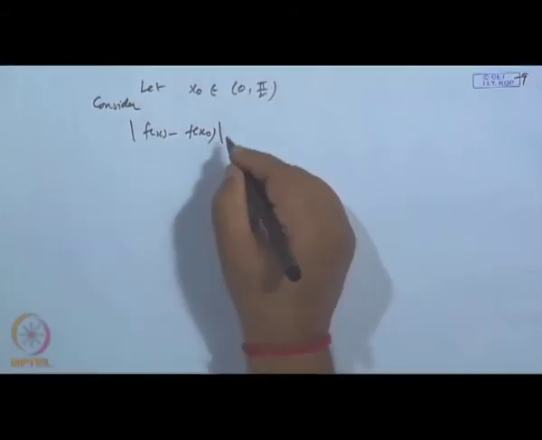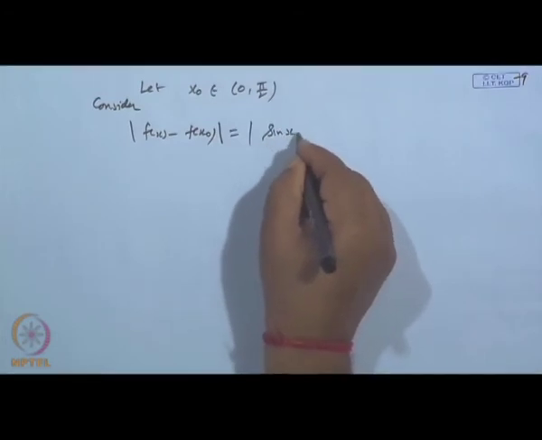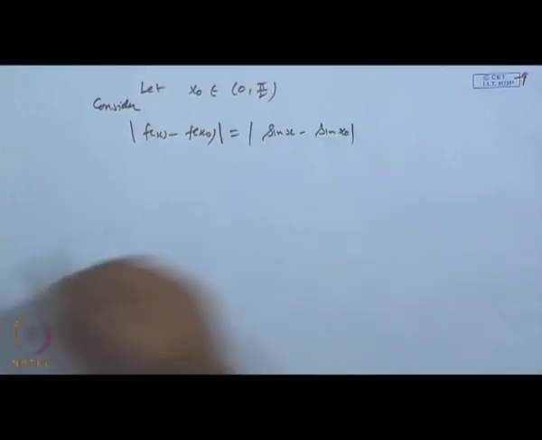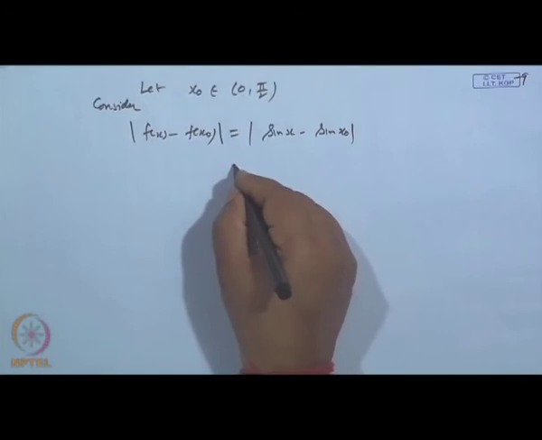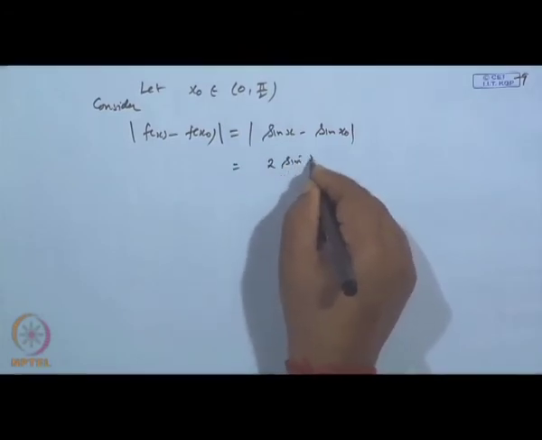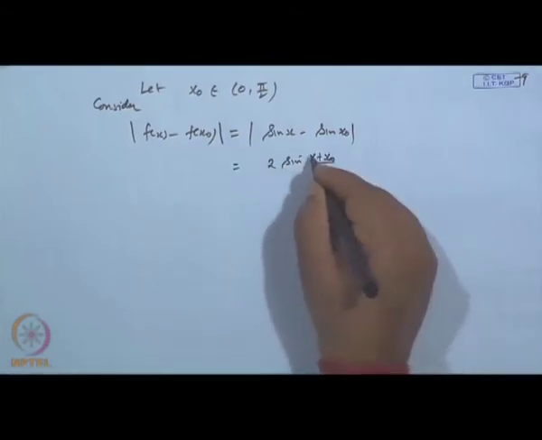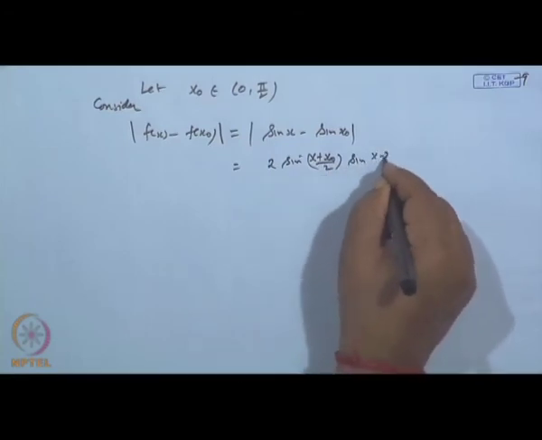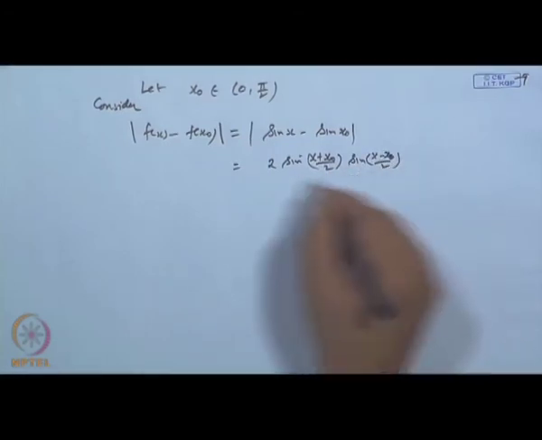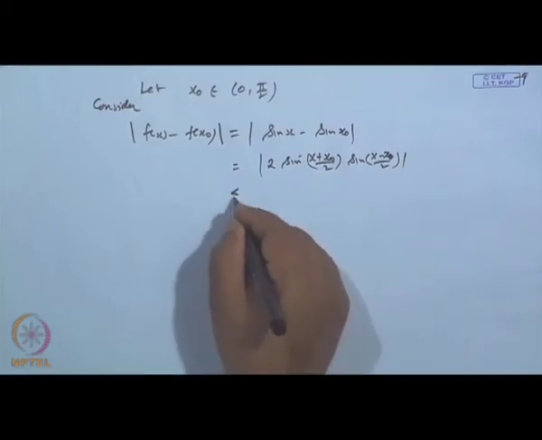Then this is sin x minus sin x naught, which is equal to 2 times sin of (x plus x naught) by 2 into sin of (x minus x naught) by 2, mod of this, which is less than or equal to